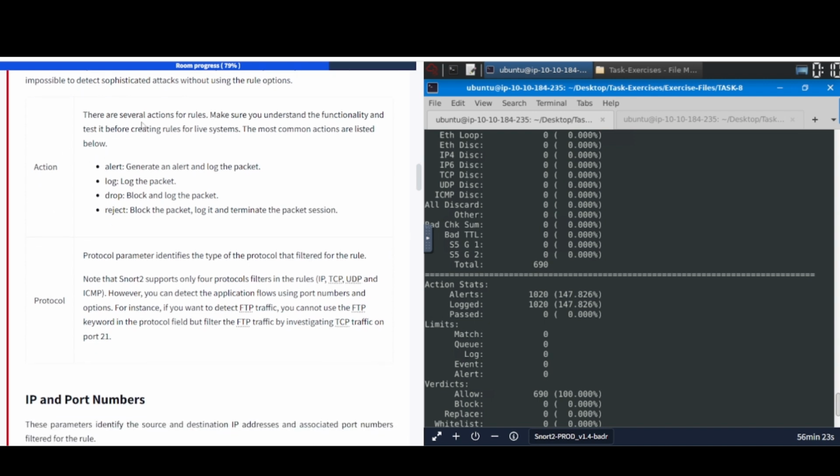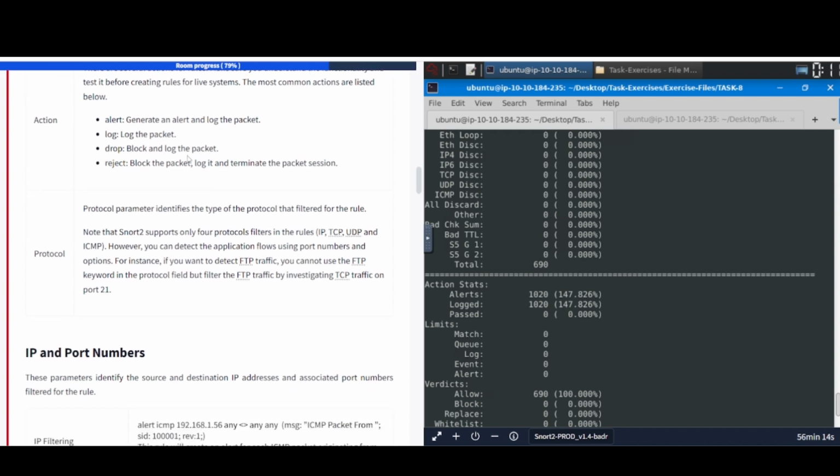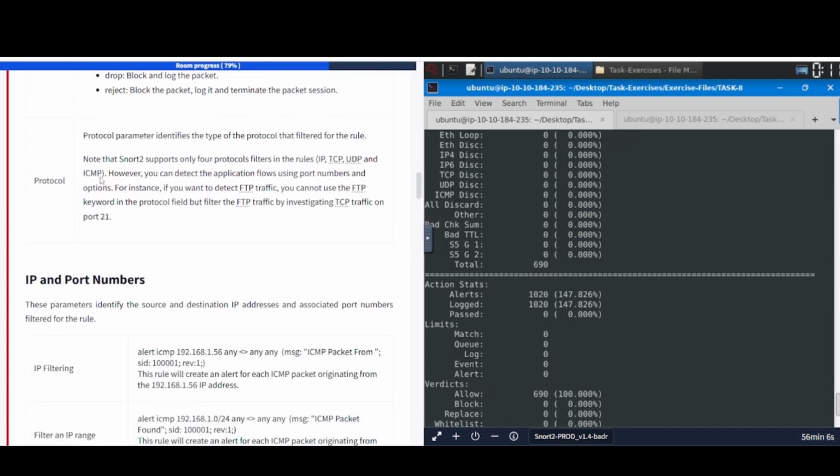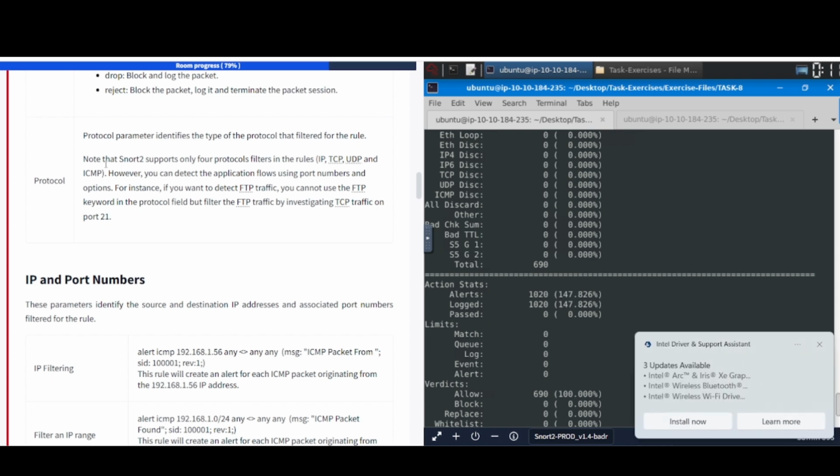All right, so action. There are several actions for rules. Make sure you understand the functionality and test it before creating rules for live systems. The most common actions are listed below. So you have alert, generate an alert and log the packet. Drop, block and log the packet. Reject, block the packet, log it, and terminate the packet session. The protocol parameter identifies the type of protocol that is filtered for the rule. Note that